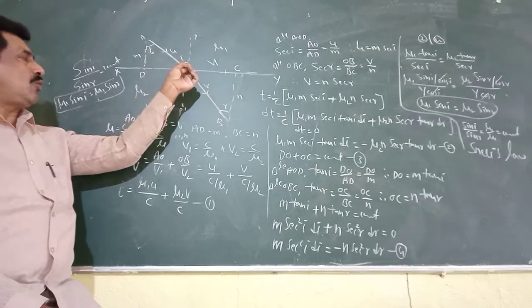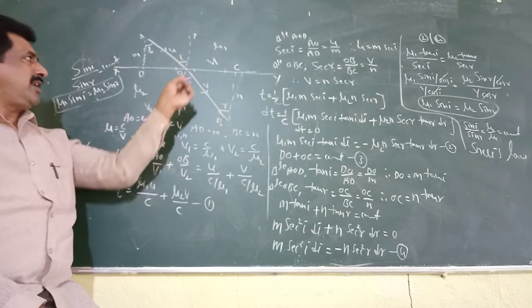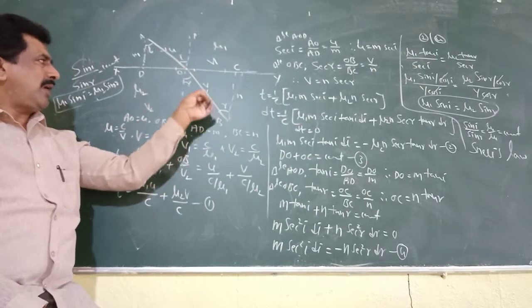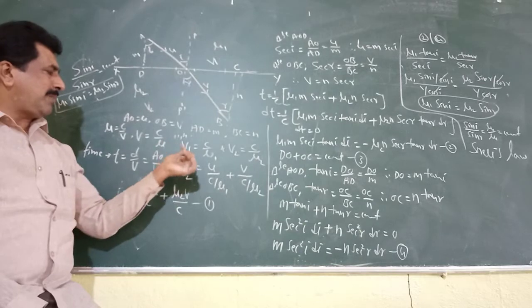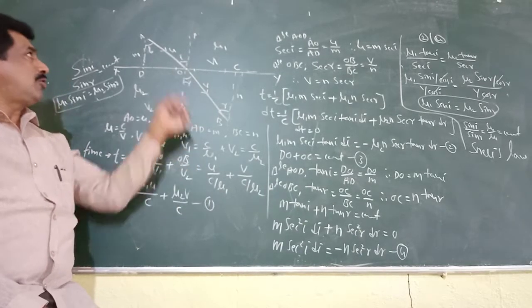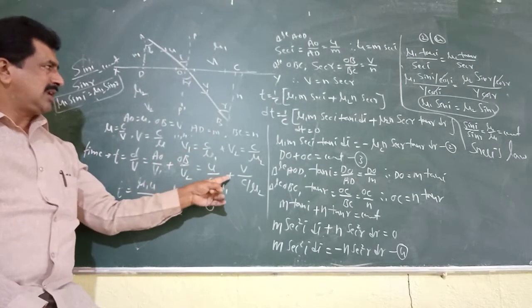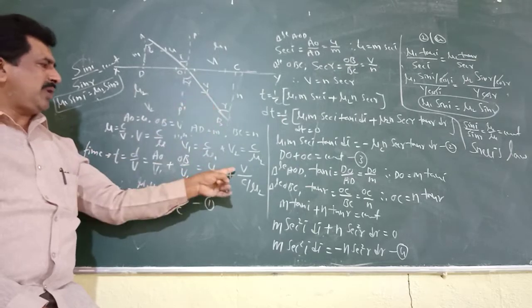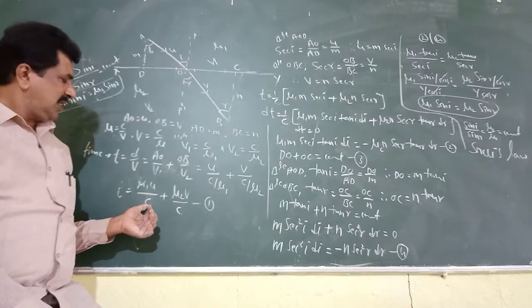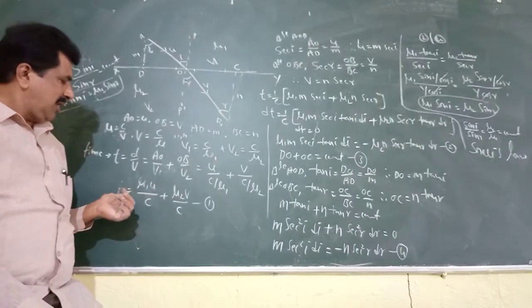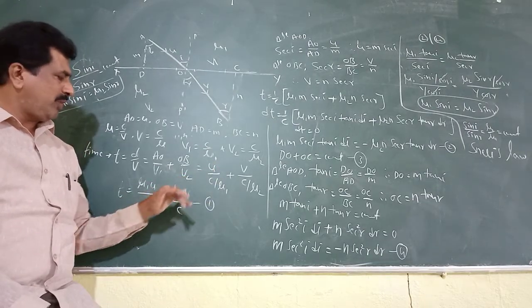So the distance from A to O in the first medium is AO and the velocity of light in the first medium is V1, plus the distance traveled in the second medium is OB and the velocity of light in the second medium is V2. So time is equal to AO divided by V1 plus OB divided by V2, which is equal to the length of the incident ray AO equal to U, and V1 is nothing but C by mu1, plus the length of the refracted ray in the second medium is V, and V2 is nothing but C divided by mu2. Now mu1 is taken to the numerator: T is equal to mu1 into U divided by C, plus again mu2 is taken to the numerator, we get mu2 V divided by C.